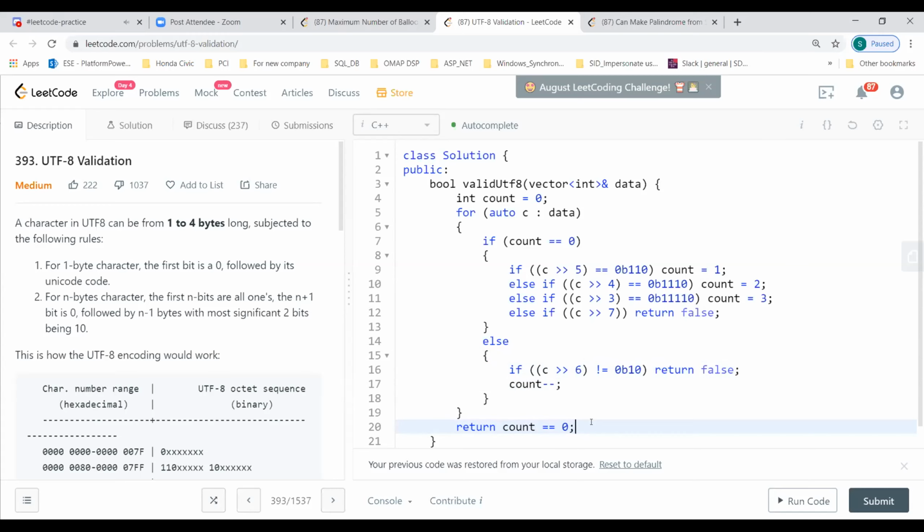Because already we have used 1 byte, so we only have to check 1 more byte. What is this else if in line number 12? Why are we taking it as 7? Because if you have something more than that, if you have just 1 also here, that is an invalid state, because we just have to look for these 3, and if we find something different, we return false right here itself. We don't have to look for the other values.